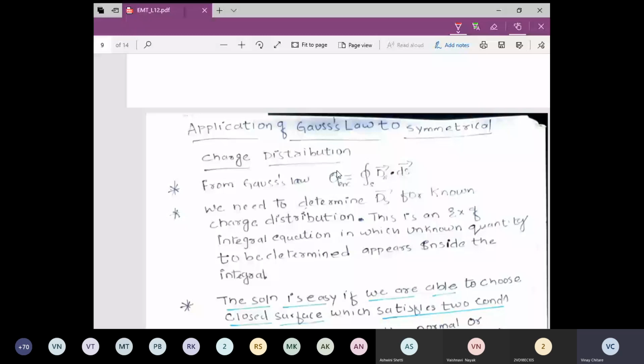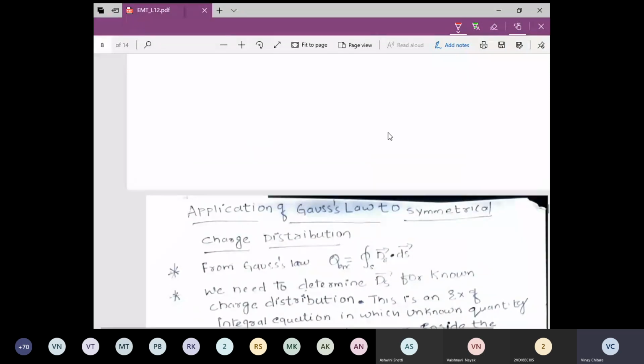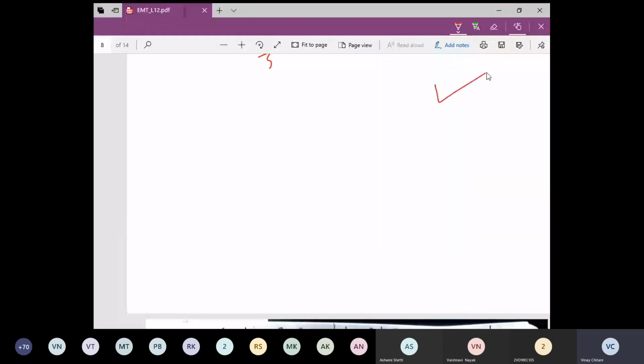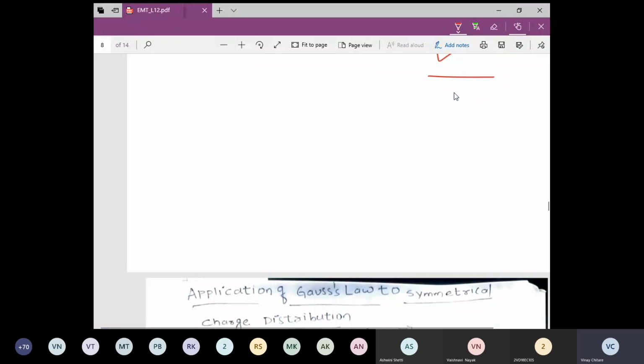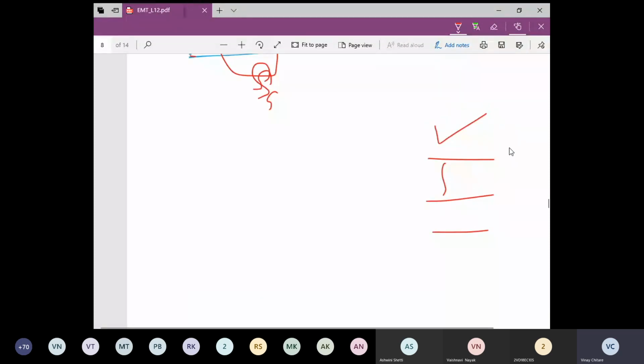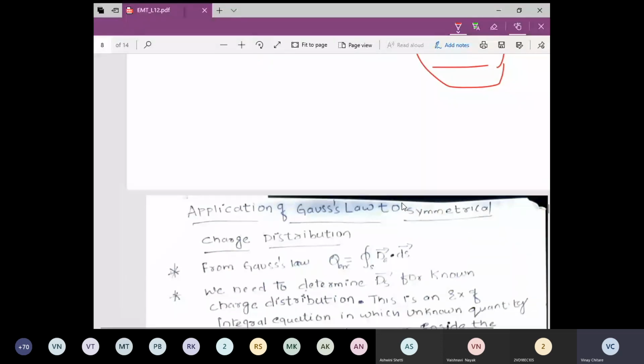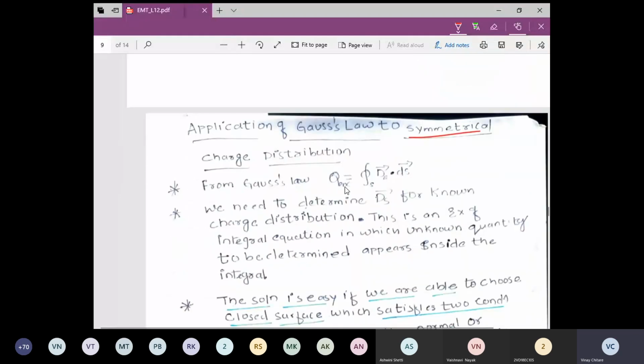And we can try to recall that. If we are trying to derive the electric field due to a line charge, there is a big process. The first thing we need to do is identify the symmetry of the charge, and then do the integrations, and then we'll get the required electric field. The same thing we can do with Gauss's law in a quite simple way, provided you have a symmetrical charge distribution. So let us see how we can do that.